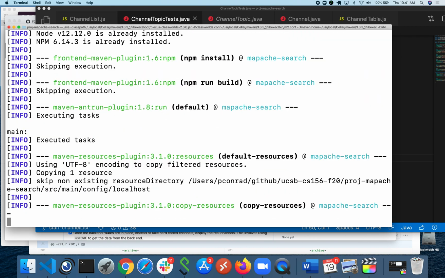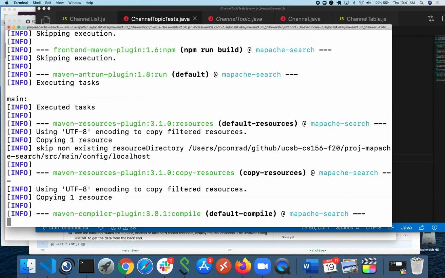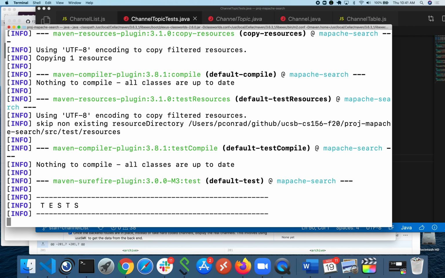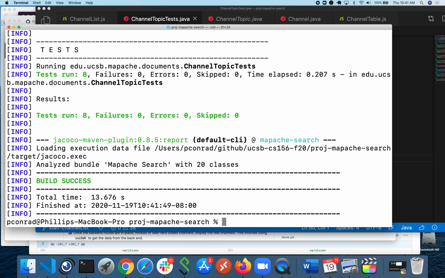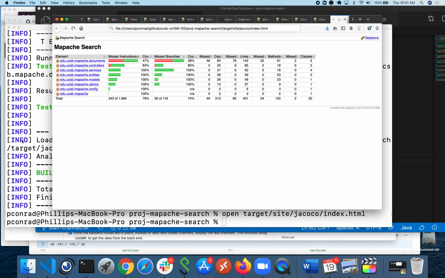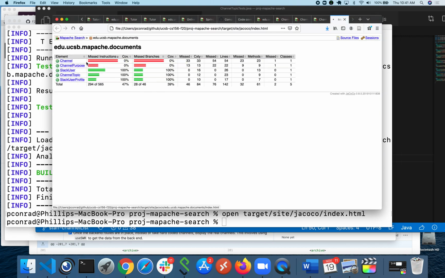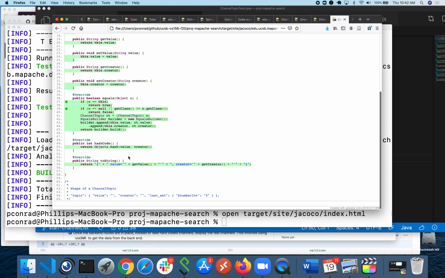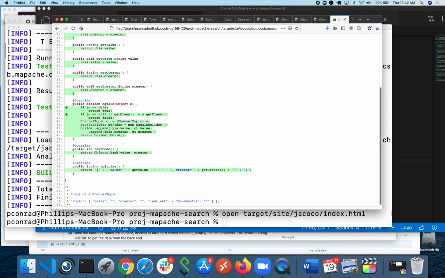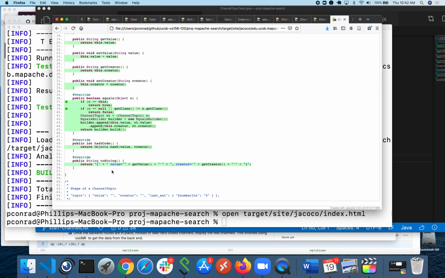At this point, we should have complete test coverage for that one file in the back end. Let's see if we do. If we open up our Jacoco report and look under documents, we can see that channel topic now has 100% coverage, and all of these are green. And if we open up the file, we can see everything is green. So I'm going to stop there,